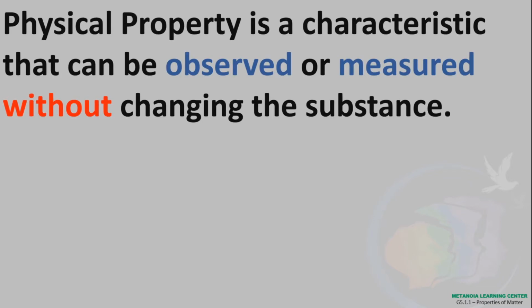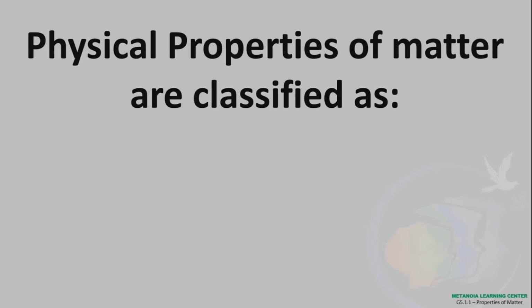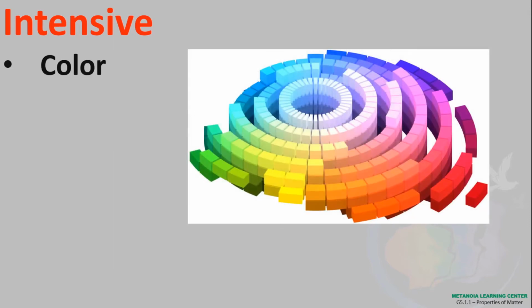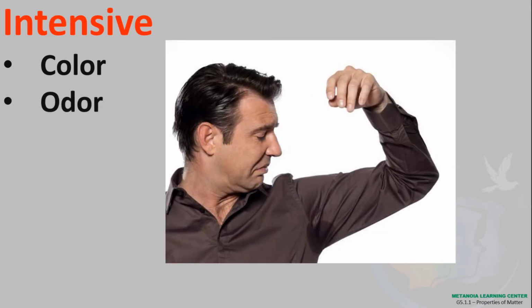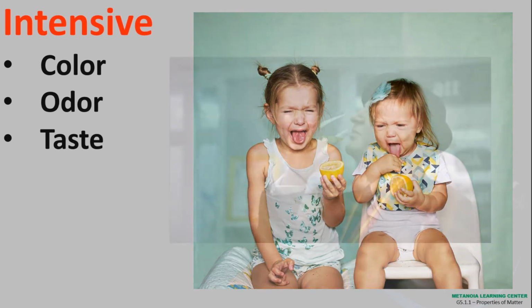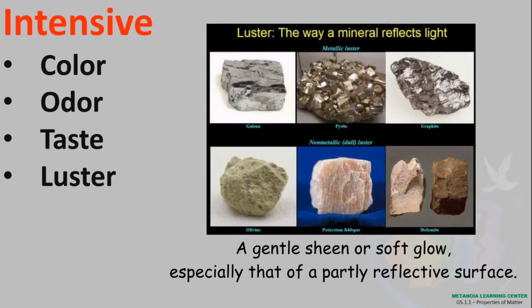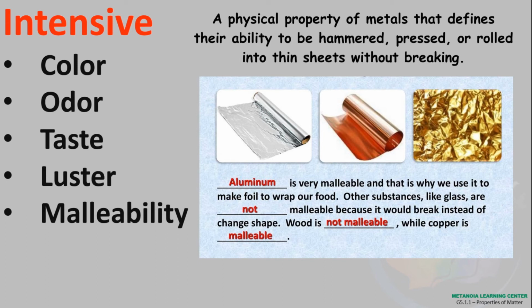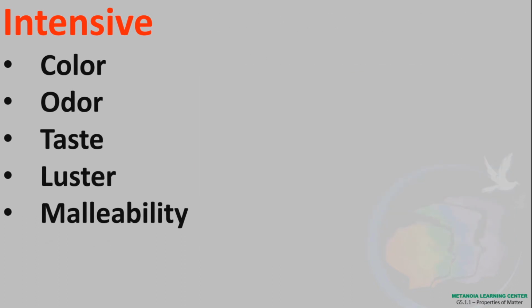Physical properties are characteristics that can be observed or measured without changing the substance. So for example, earlier, by just simply looking at the photo, you're able to describe it. Physical properties of matter are classified as intensive and extensive. For intensive, we can describe its physical properties through color, odor, taste, luster, malleability, ductility,